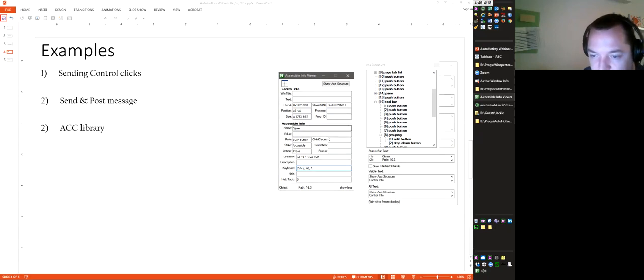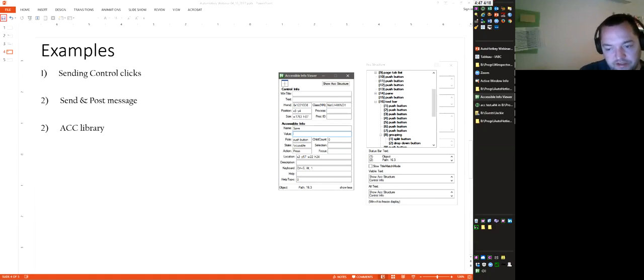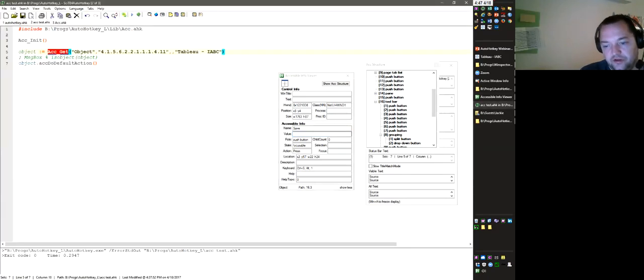And again, sometimes the name of the control or the text of it is in save, but if it's an edit control of some kind, it would most likely be in the value. That was the one I had asked you about, because you gave me some code, and you said I had to get the object first and then get the name. Was it the name? No, it was the value. I thought I could just put in value and it would return it back to me. No, name and value, you can do that. But for the role and the state, as an example, those are integers. If you ask for the role of this object, you'll most likely just get a number. So if I say ANK role, like so,